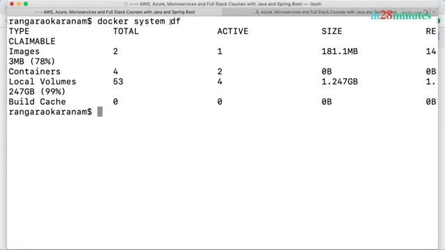What does it help us with? It helps us to look at all the different things that your Docker daemon manages. So the Docker daemon manages your images, your containers. We'll talk about something called volumes a little later. You can see all the details around that. You can see that there are 2 images which are downloaded. You can see that one of them is active. You can see what's the size of them in total. You can see what are the containers which are present, how many of them are active, how much size are they making use of, and you can see all the local volumes.